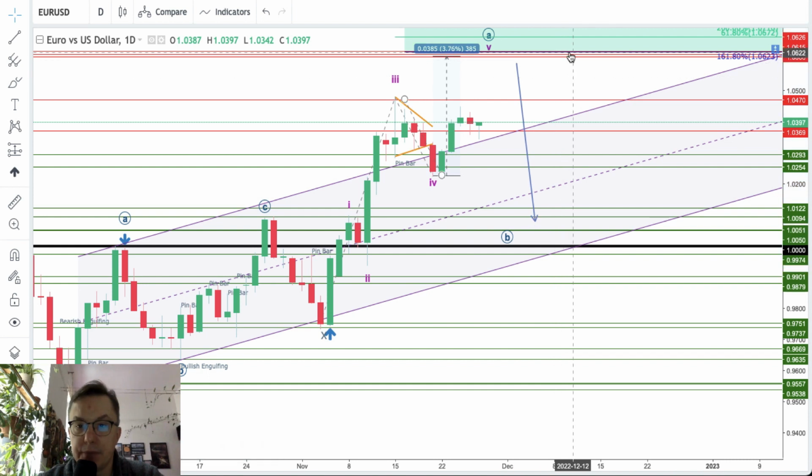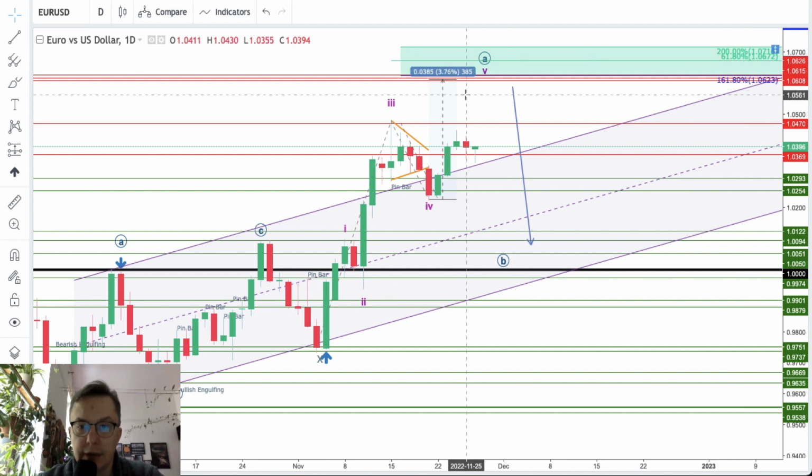However, please remember, this is a perfect example. It doesn't have to be straight on this level. We got two more above it. The wave 5 might end anywhere between 1.0470 and 1.0623. However, the length of the wave 1 indicates that it should be possible to hit at least 1.0608 if the wave 5 is equal to the wave 1. So those are the slight nuances here.